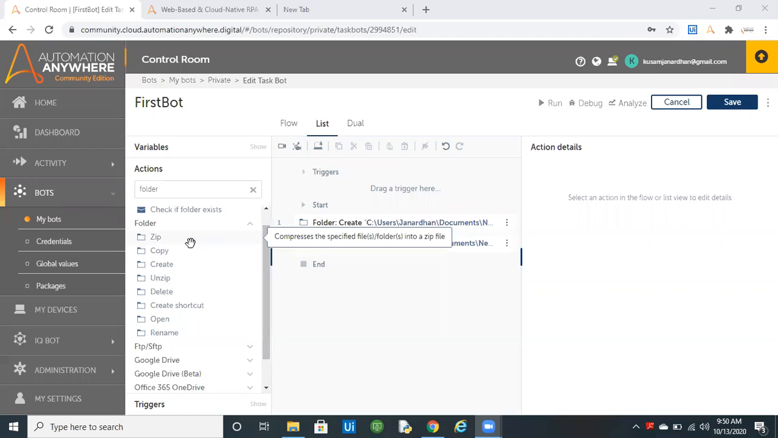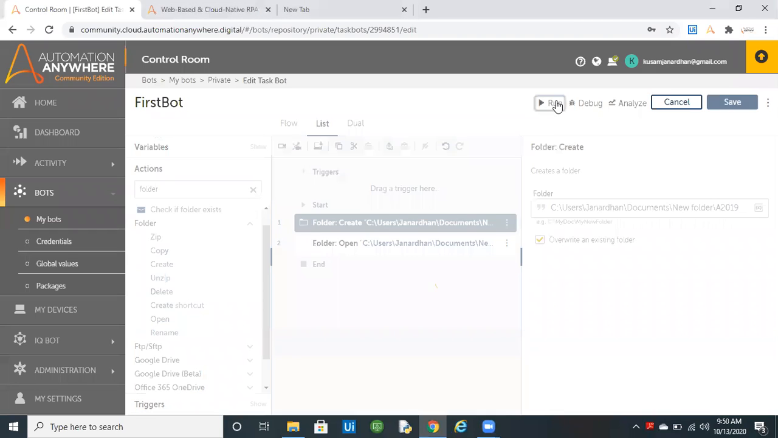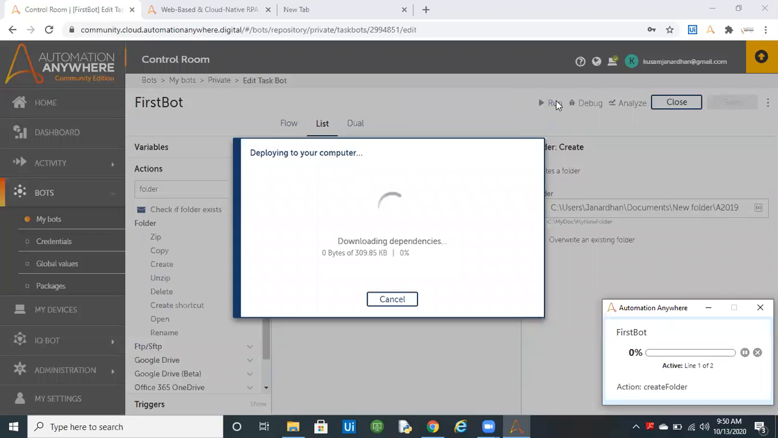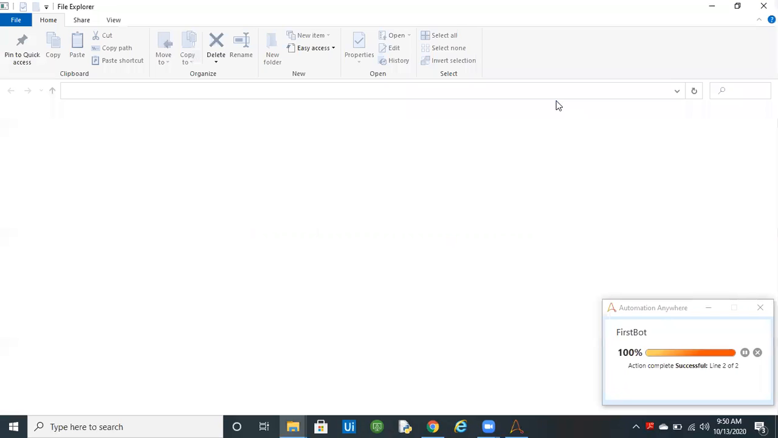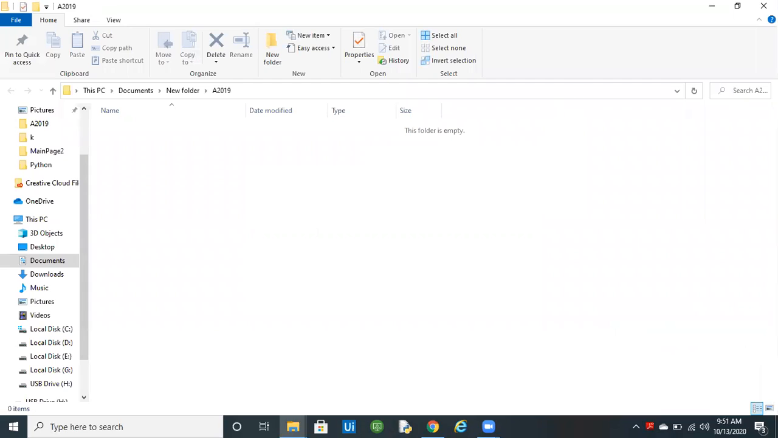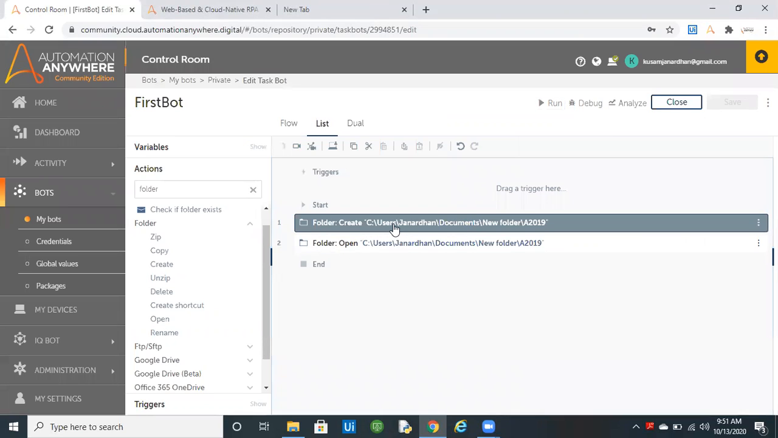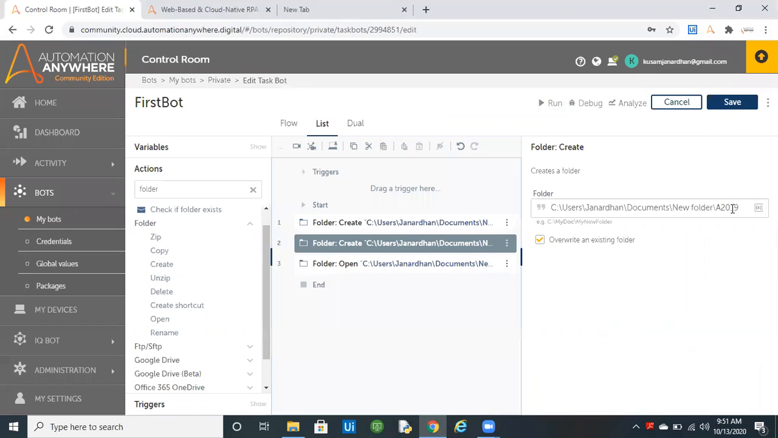Now let's discuss other features of the folder command. Let me quickly run this process and see. Now the bot will create an A2019 folder under new folder, and it will open the directory in Windows Explorer. Now it is downloading the dependencies. In the next step we will see how to zip a folder and how to unzip. Yes, it has opened the A2019 folder. Let me create another folder. To create a subfolder, let me copy and paste it again. Let me rename A2019 to